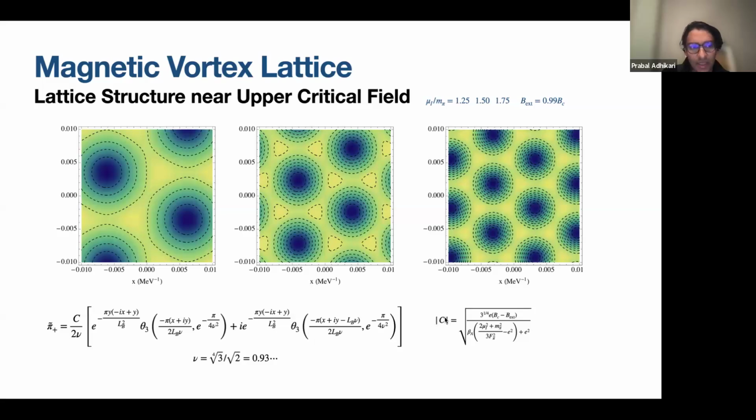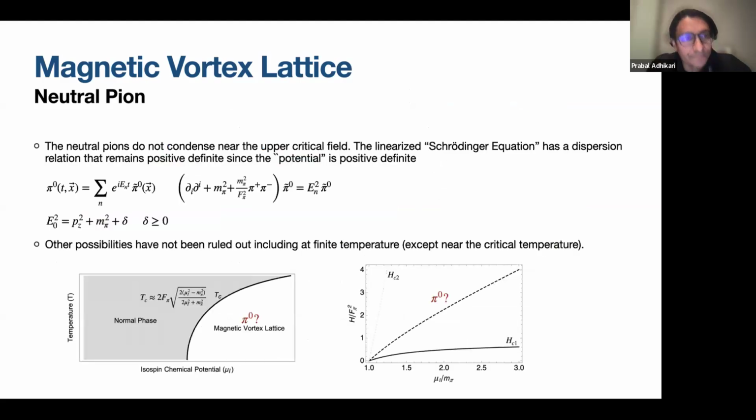You'll notice this quantity C, which is the C sub n that I showed you earlier. What's interesting about this quantity is how it vanishes when B external is exactly B critical, which means the solutions here will become completely flat if you're right on the upper critical point. With these solutions depicted, I should mention that the neutral pion may condense. In fact, there are certain circumstances in which it does, but because you have a lattice with a superfluid density and holes,